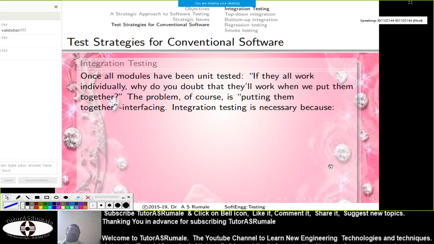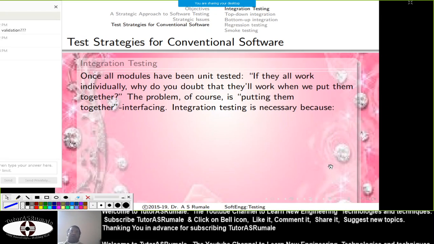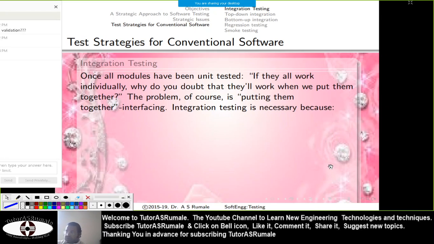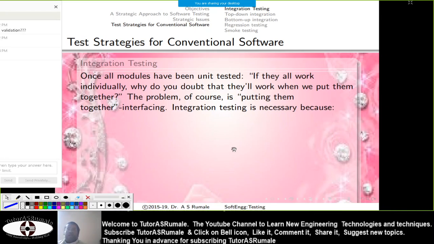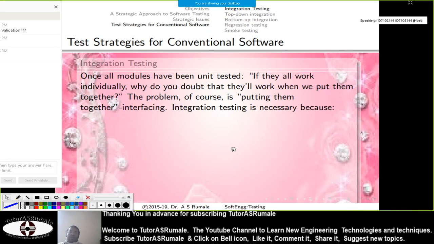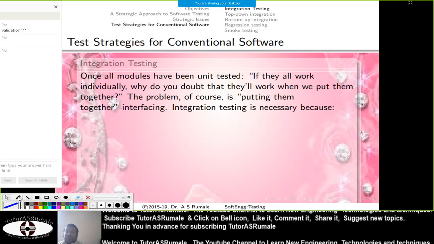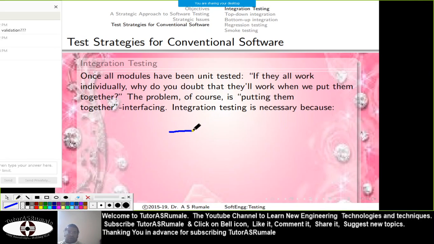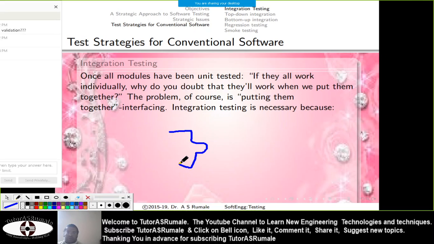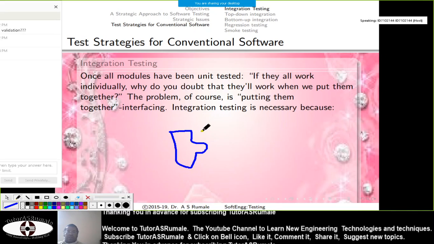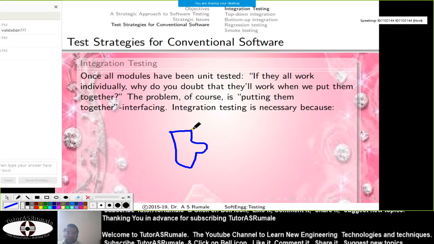Now, after unit test completion, the integration testing starts. Once integration testing starts, you need to check all the units and fit those units together. For example, suppose you have one unit of this type, and a second unit is an exact match to this.